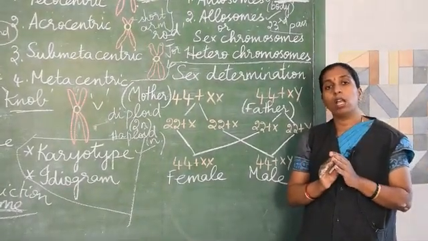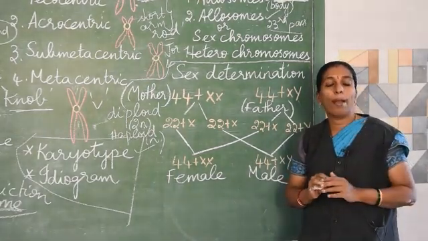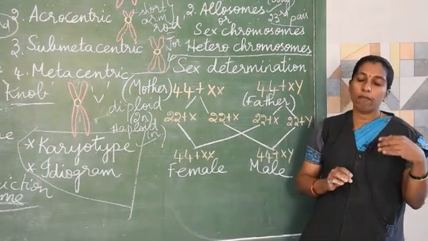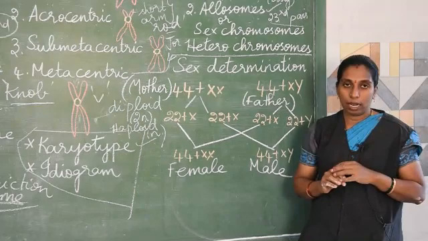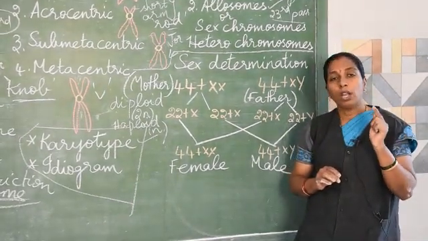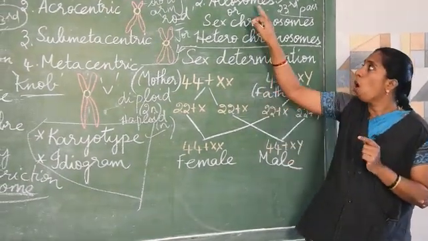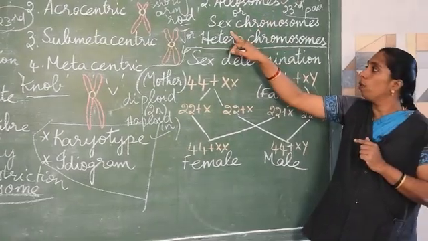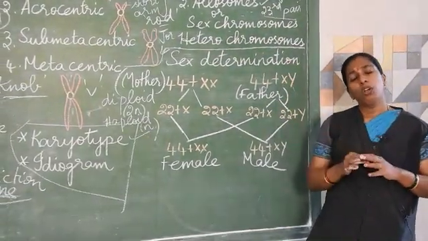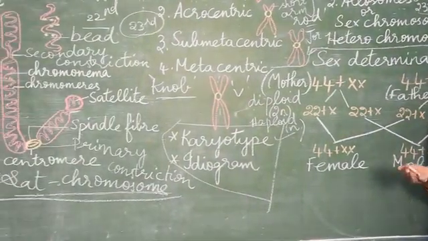Out of these 23 pairs, 22 pairs are body chromosomes, which are responsible for the other body characters, and the last pair, the 23rd pair, is responsible for the determination of sex. We call it allosomes or sex chromosomes or heterochromosomes. Now usually when a male and a female fertilize,